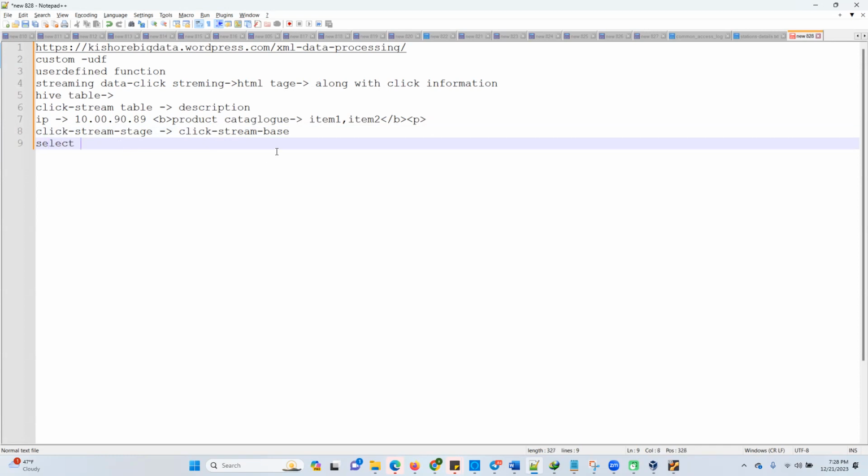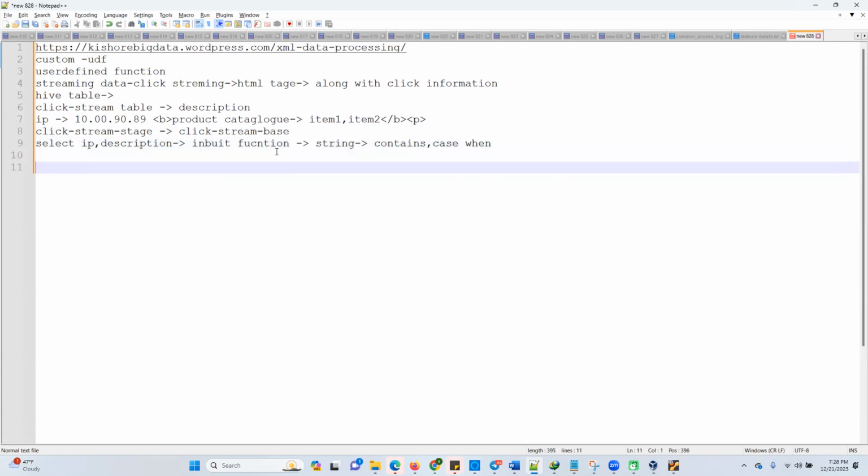If I do the select IP, description, and on the description column I apply some inbuilt function, just an example, some string functions like the contains function, if this particular tag is contained, or I check a case condition, I apply a case when condition. So it will become a complex SQL. The other solution is, if I write a UDF function for this particular column,